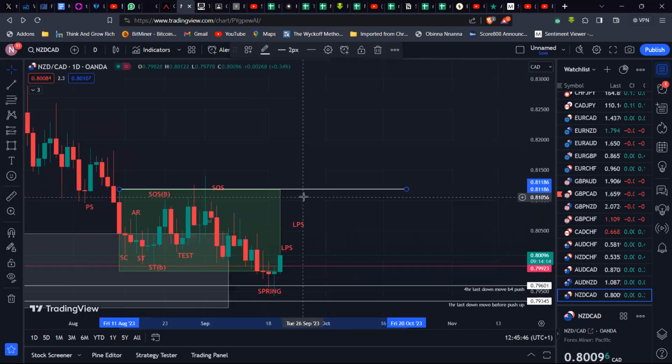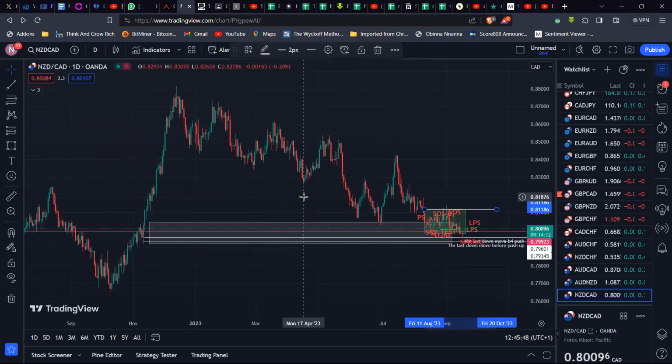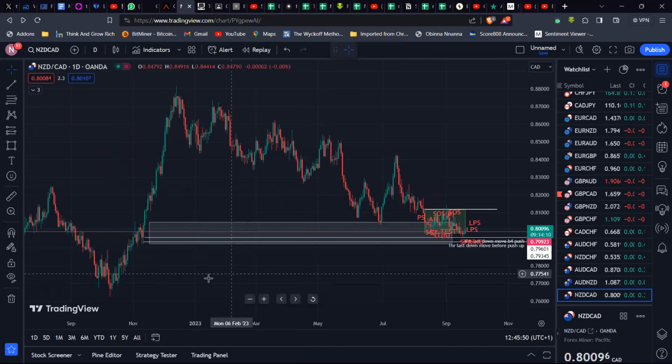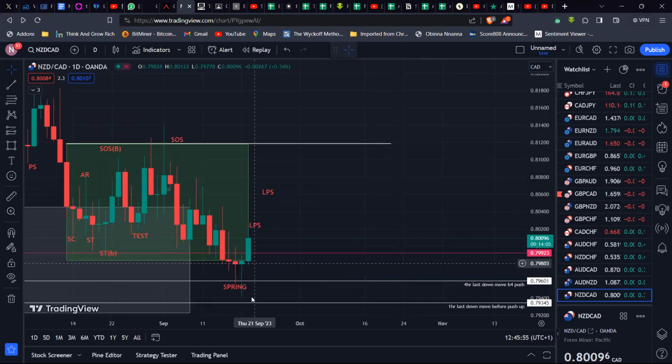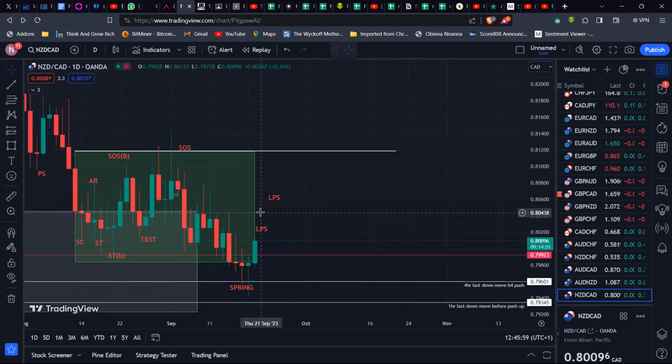Just want to see price come up. If we break this high, same thing, very similar to GU. We had a zone I'm interested in looking for a buy opportunity. There would have been a wonderful trade here, but I wasn't paying attention to this one. I can't trade everything. So I'm just waiting for price to begin to make and hold the LPS, and then